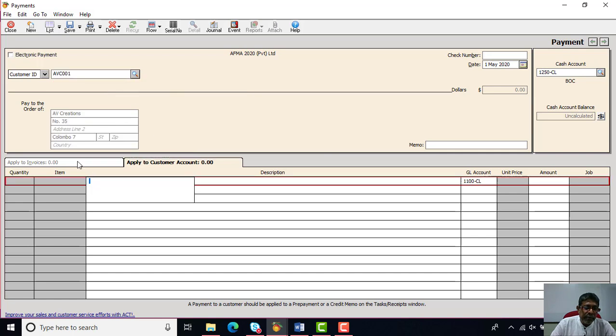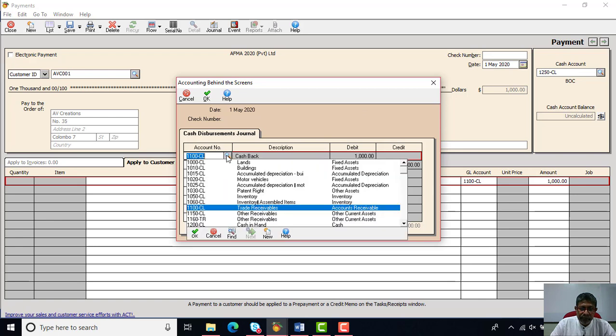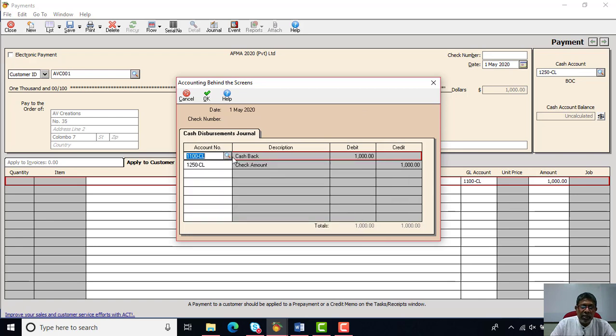Then we can select the appropriate customer to whom you want to return the money. Enter your description and then enter the amount. That will be debited to the particular customer you selected. If you go to the journal entry, you can see the customer's trade receivable account is going to be debited and the bank account is going to be credited.